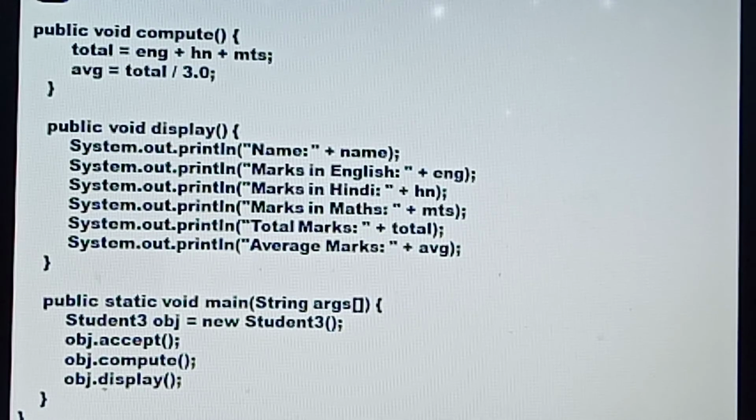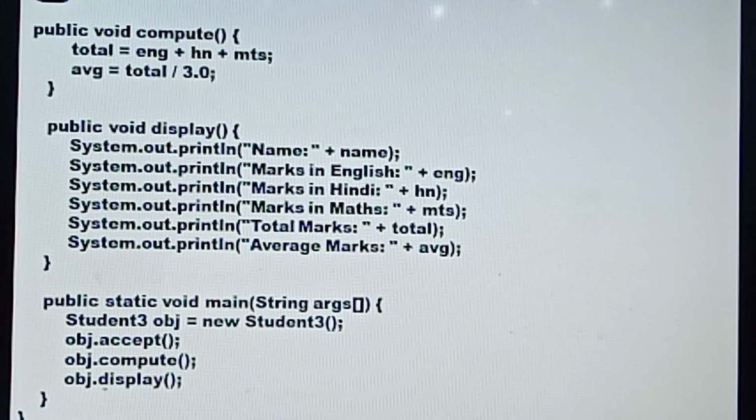And then you have to compute, public void compute. First of all, you have to find out the total. So how will you find out the total? English plus Hindi plus Maths, you will get the total of the subjects, and average is equal to total divided by 3.0. After that, you have to display the name, mark in English,